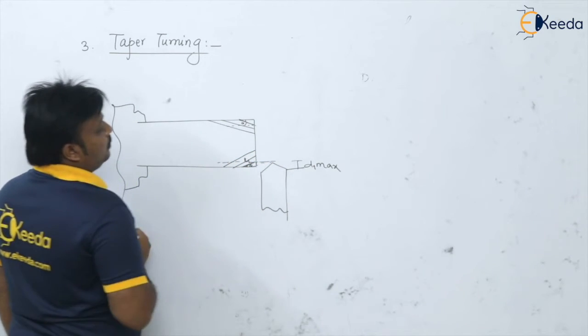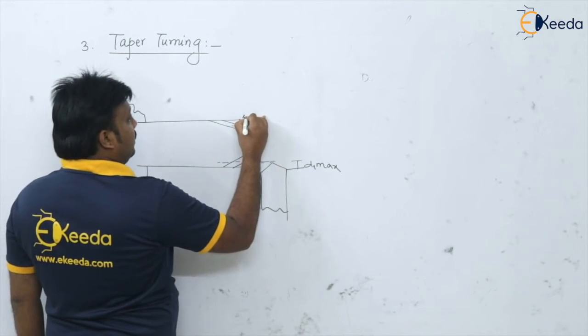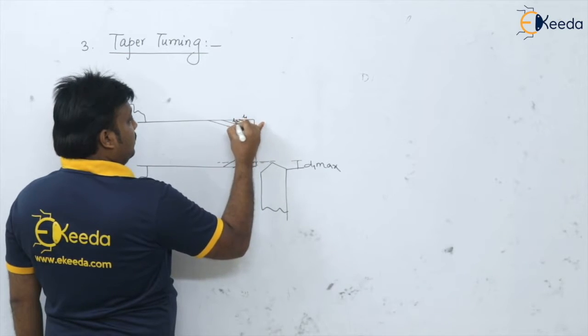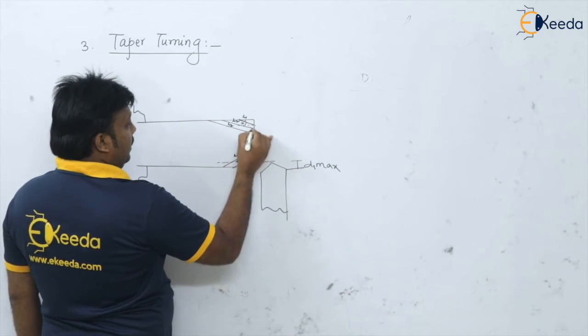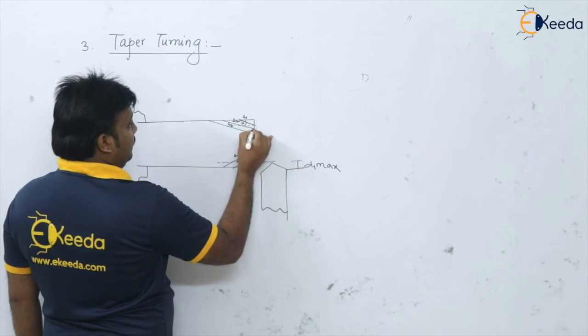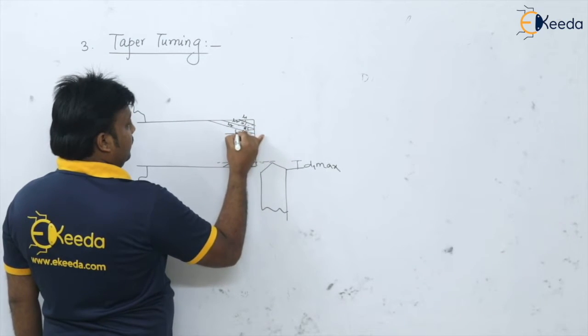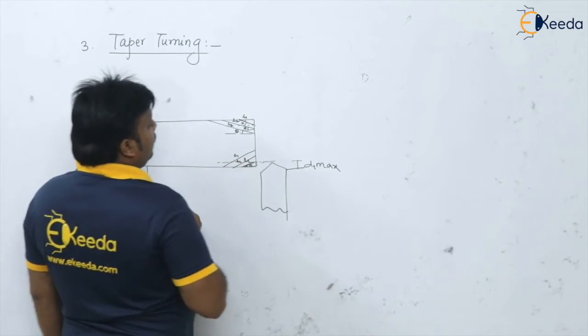on the component. Say this is length L1, then the next cut is L2, the next cut is L3, like that. And every time the taper angle is going to be the same. Say it is theta. Okay. Now here